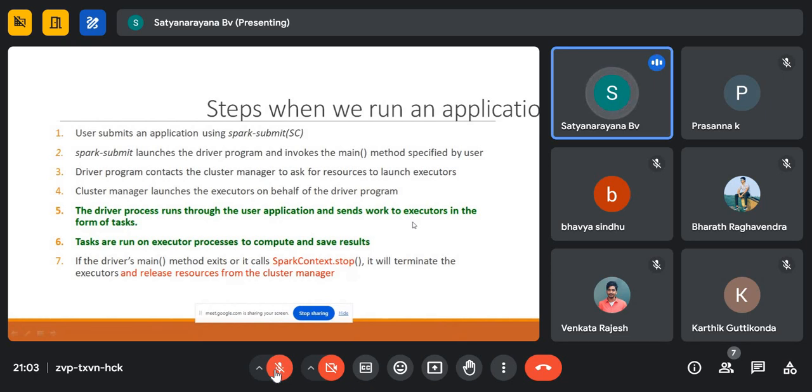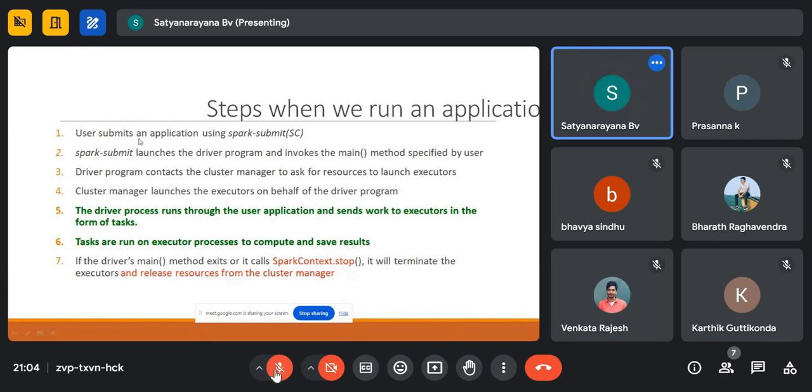After execution on the data in memory, when the output results come, your job will exit. That means whatever resources were allocated for the worker nodes will all be deallocated back to the cluster manager. Who is releasing the executors here? The cluster manager.